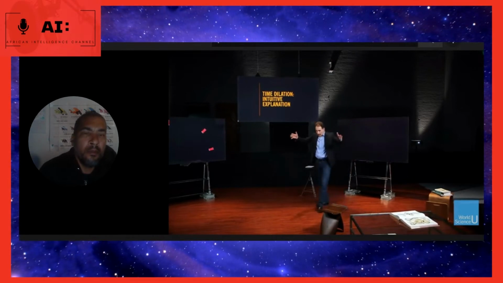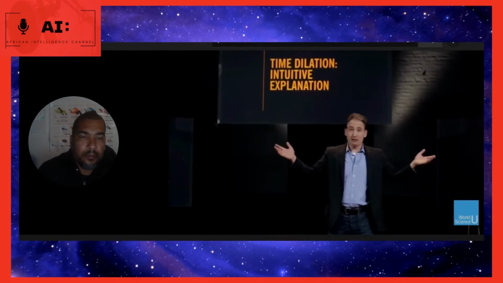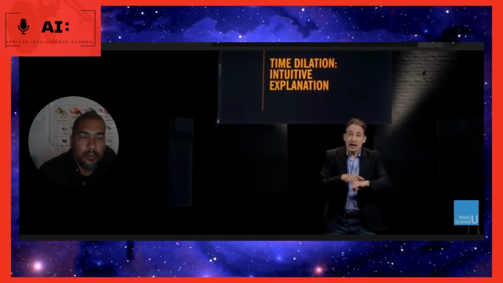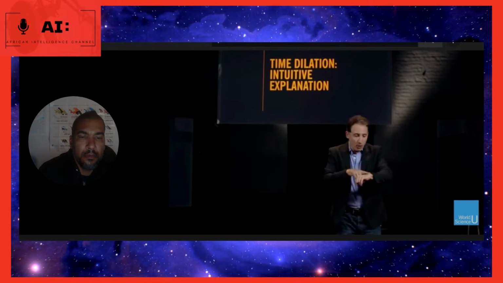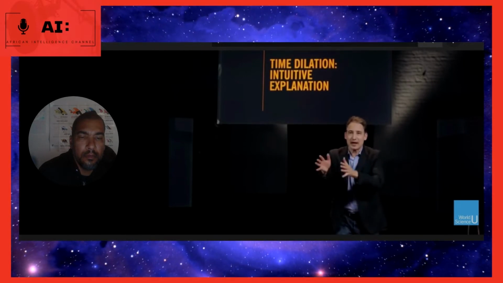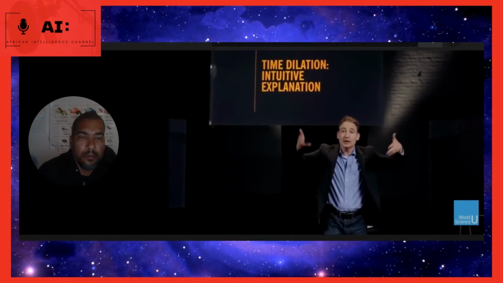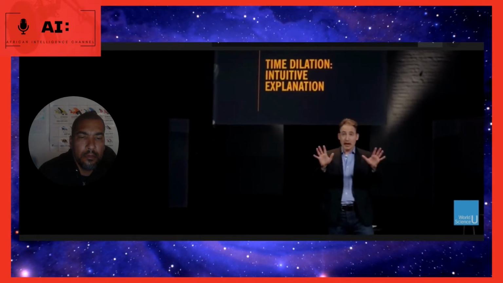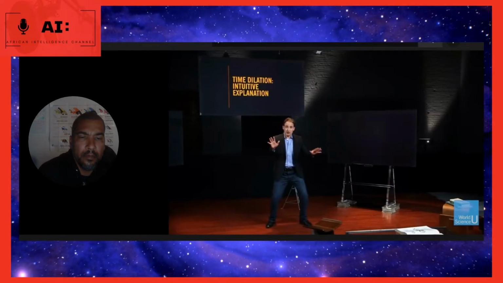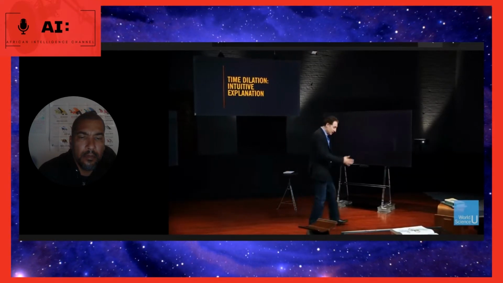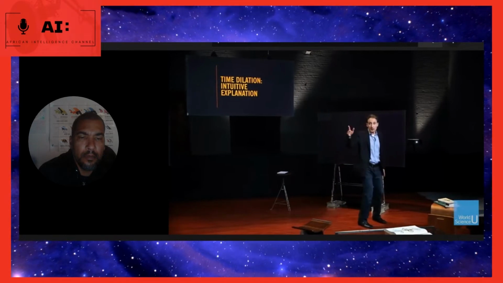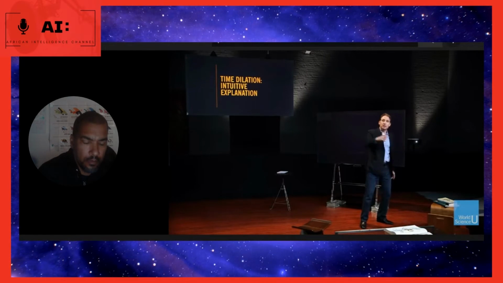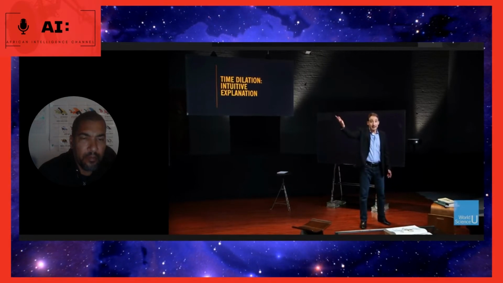Okay, so right now, here I am. And you would say that I'm not moving relative to you, say. But of course I am moving, right? Look at my watch. My watch is ticking second after second after second, taking me forward in time, forward in the time dimension, if you will. Good. Now, imagine that I get up and I start to walk. Einstein basically told us that as I walk, I divert some of my previous motion through time into this motion through space, which means I move through time less quickly.